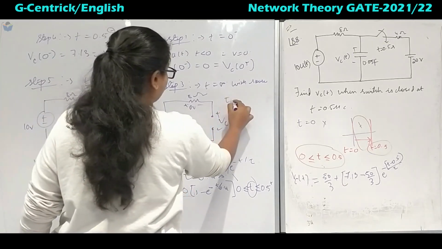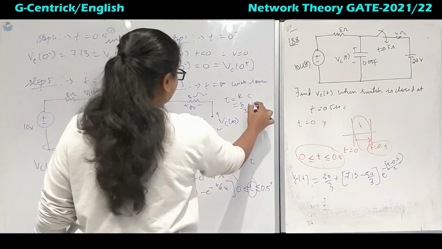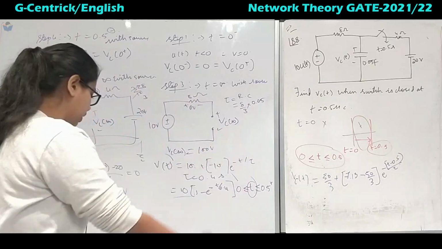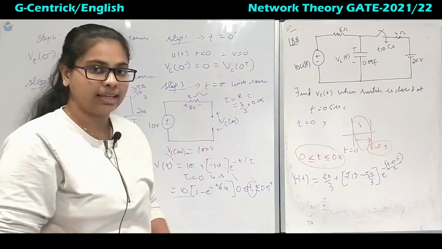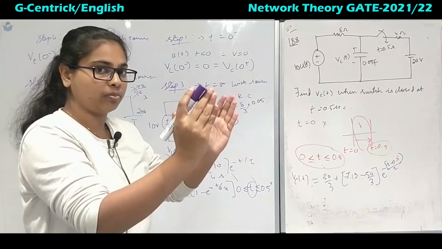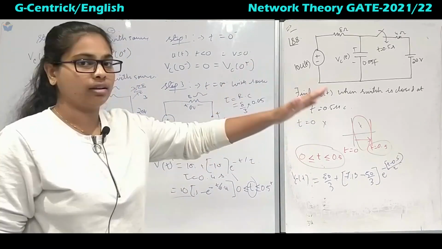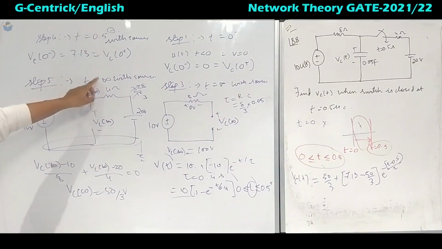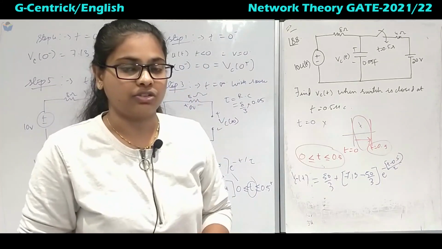So tau is nothing but R into C, 8 over 3 into the capacitor value 0.05. Substitute the value of tau in that one, you will get the answer. If there is a delay in time from the origin, you have to solve it like this: first analyze in between that time period, thinking that 0.5 tends to infinity, then later on analyze for t equal to 0.5 minus and t equal to infinite. So we will see some more problems based on this in the next lecture. Thank you.